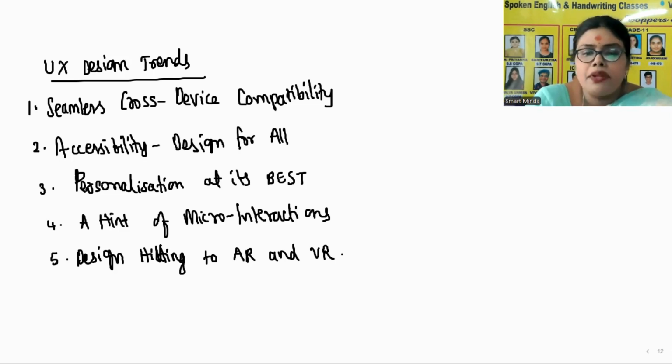For example, Apple is always a step ahead in technology and innovation. It brings AR and VR to life just by providing an option to see the product in your own environment. Not only this, Apple has been very innovative with spatial UI. They have made it possible to handle everything just in a blink of an eye. So, Google Lens is using this kind, IKEA Place, Amazon Product View, they are using AR features. And the websites with VR features are NASA VR, Artist 360, Google Arts and Culture. So these are the brands which are using VR